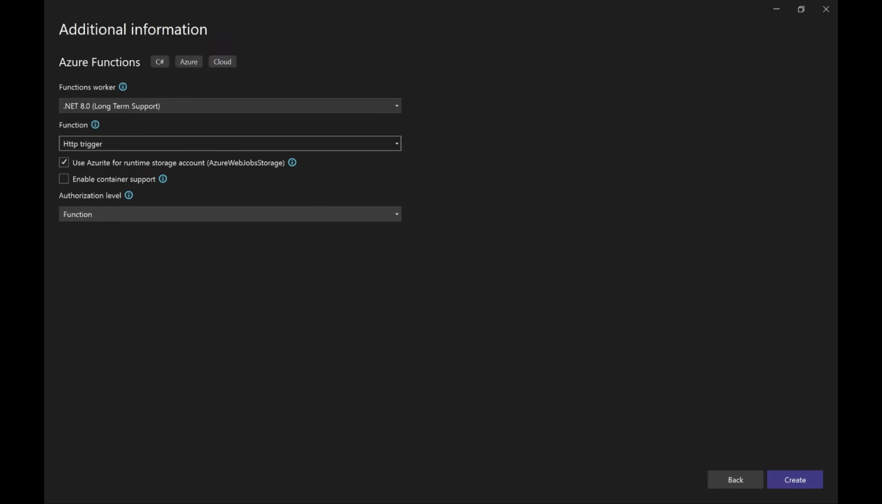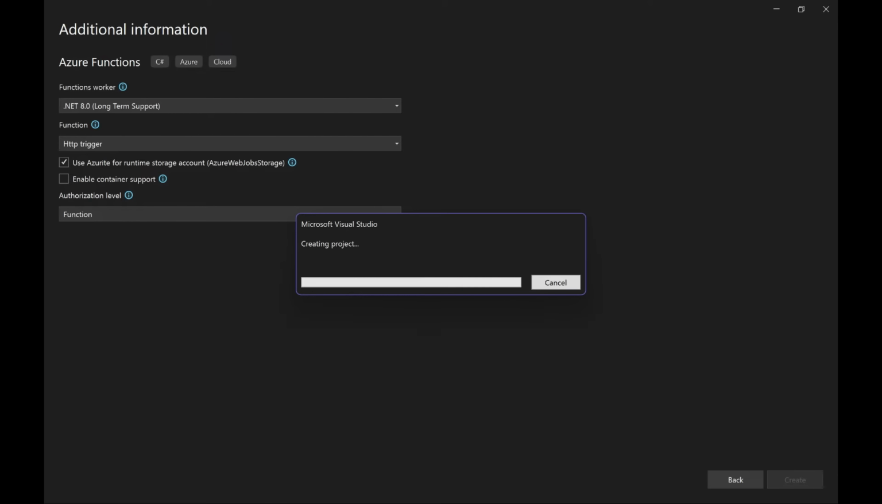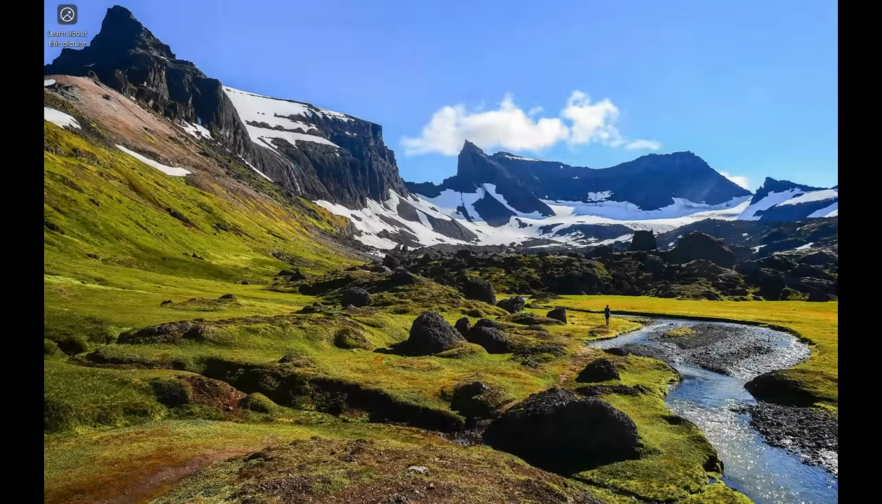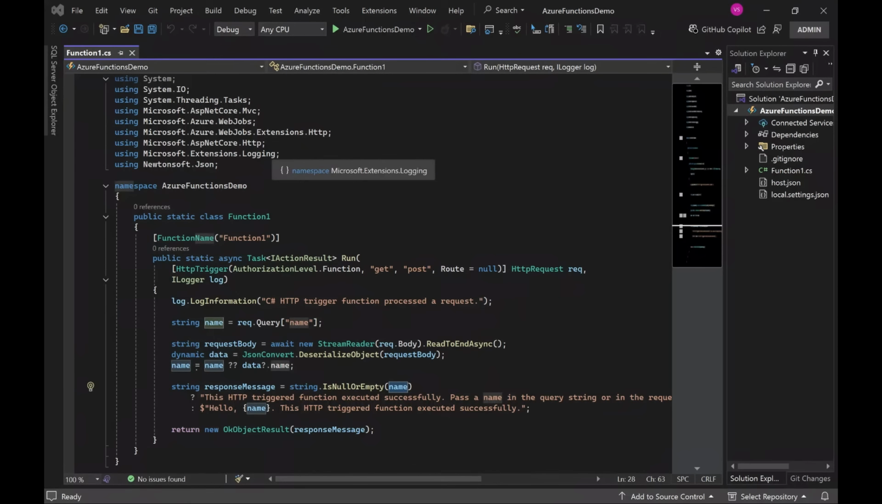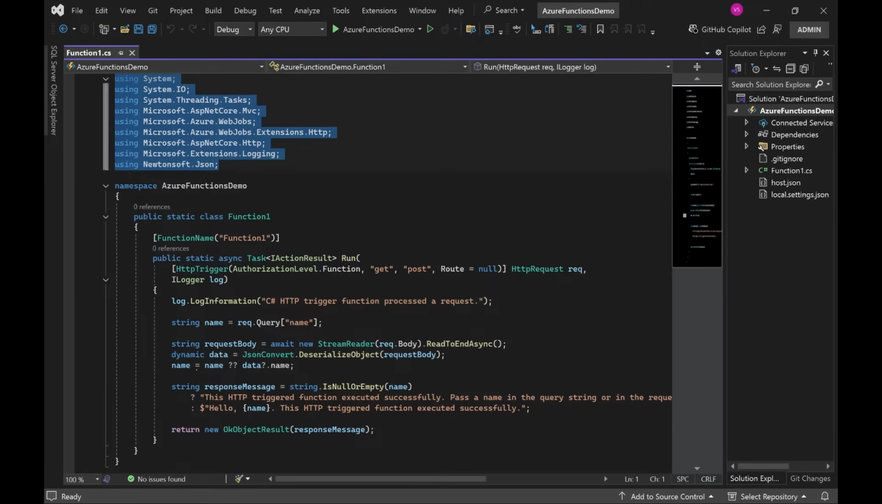And authorization level is function. Just click on next, create. With this step, our Azure Function app is going to be created. Now this is our default Azure Function app, and these are all the namespaces, and this is a class, and